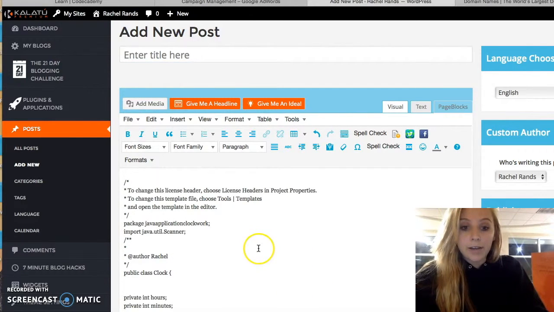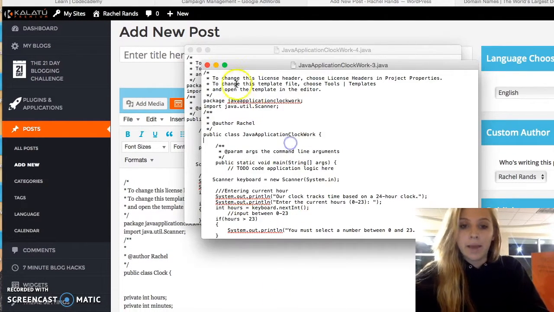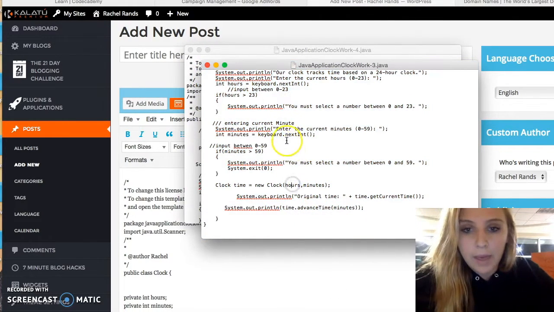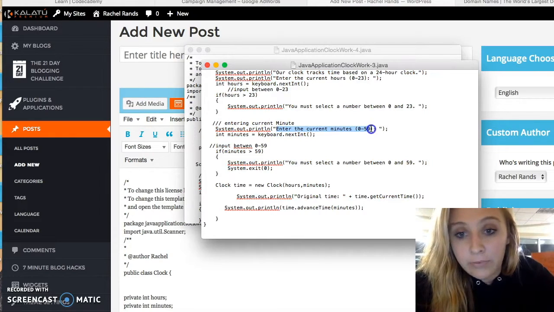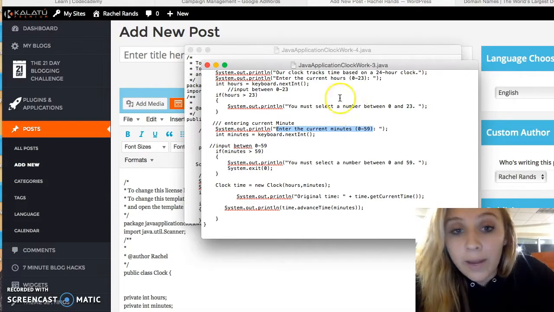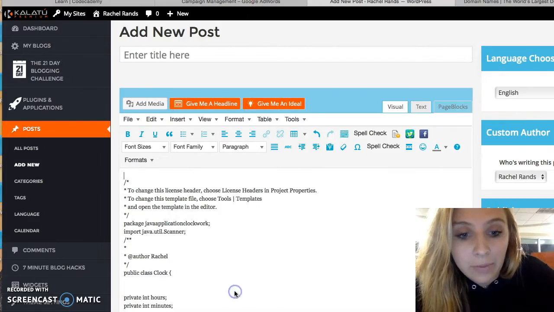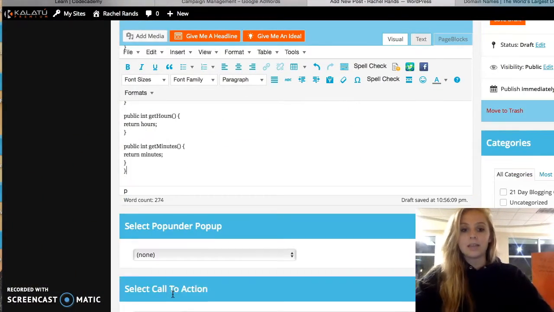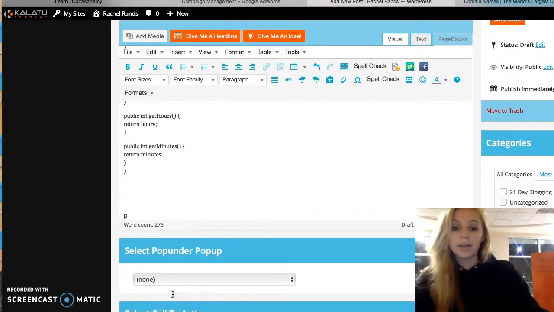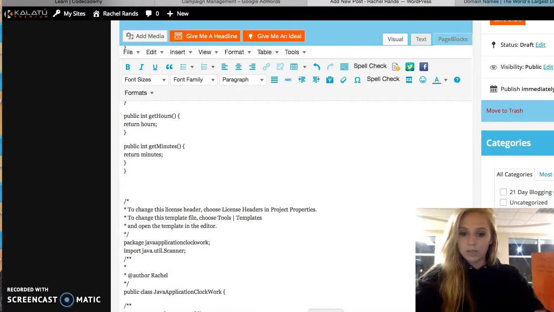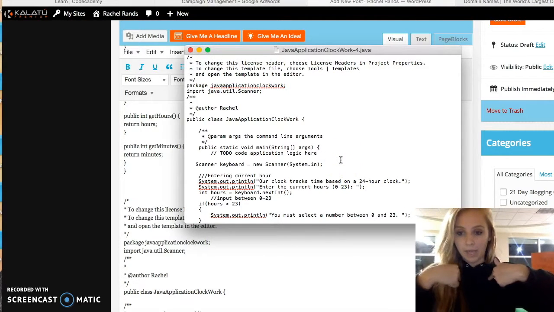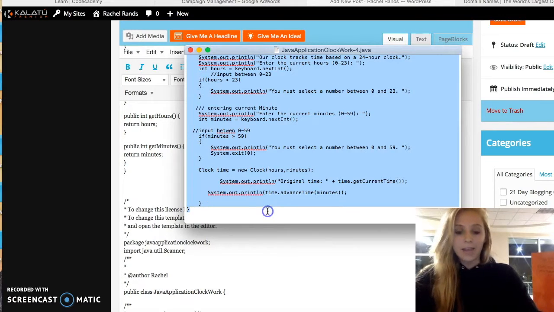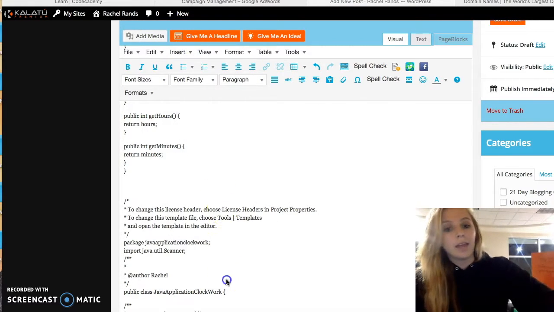However, I am putting it in the Google database because someday somebody might just type in "enter the current minutes 0 to 59." And guess what? If nobody else on the Google system has that information, they're going to go straight to this site. And if they do, they're going to find who the site maker is, who's the author. Me. And because I'm the author, they're going to see, oh, this girl's kind of cool. And they're going to click on my link